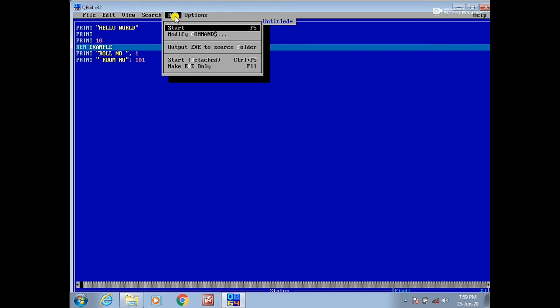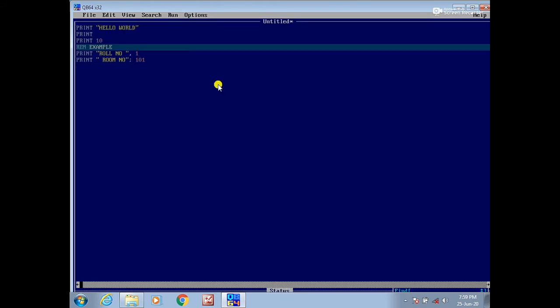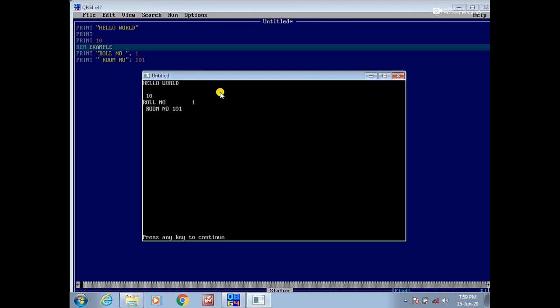I click on the run menu and then start, or I can directly press F5. It takes a little bit of time. As I already told you, my machine is 32-bit, so it takes a little time, but on 64-bit QB64 runs very smoothly and very fast.